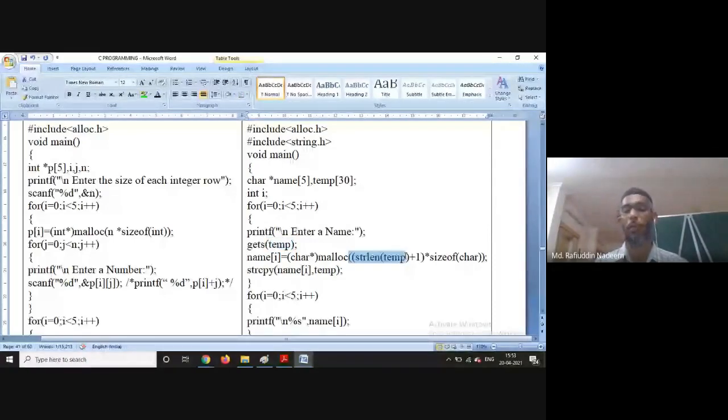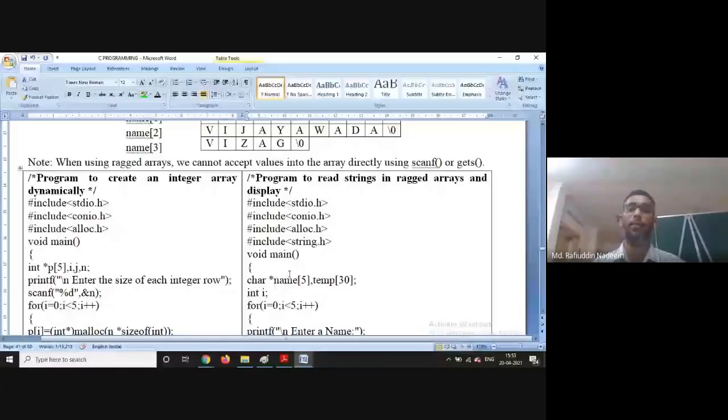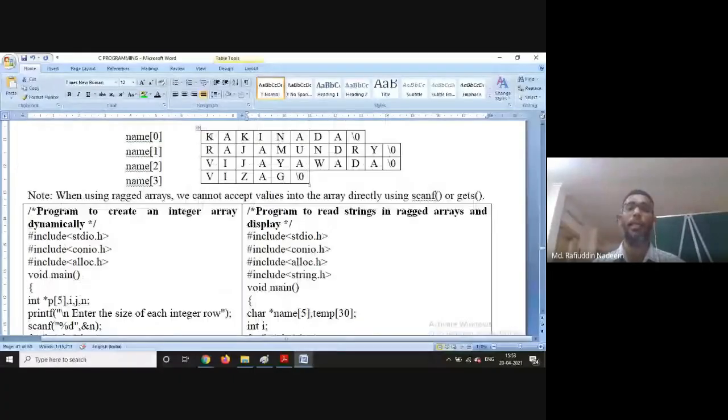The purpose of plus 1 here is to store the null value. So malloc allocates 6 bytes of memory, into sizeof(char). Now I'm copying the temp, Vizag, into name[0]. Like for example, here Kakinada is given.